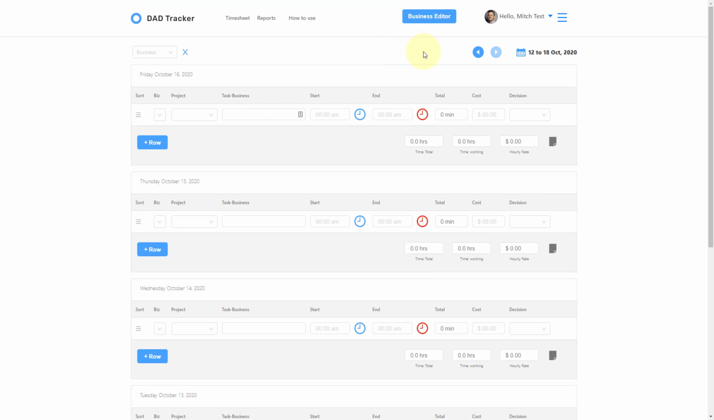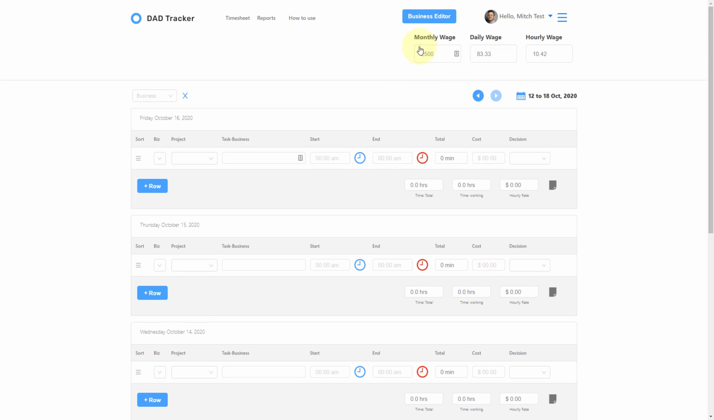All right, so the first thing that you're going to want to do, just to orient you, this is your timesheet basically, and then there's reports, which we're working on dialing in, and those are going to get a lot better, but you can still get most of the insight, most of the value just out of using the timesheet. So first of all, these three dots, this is where you can see your monthly wage,